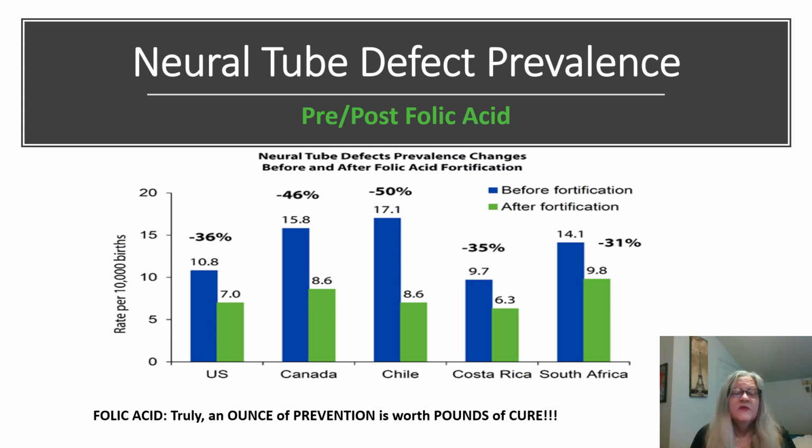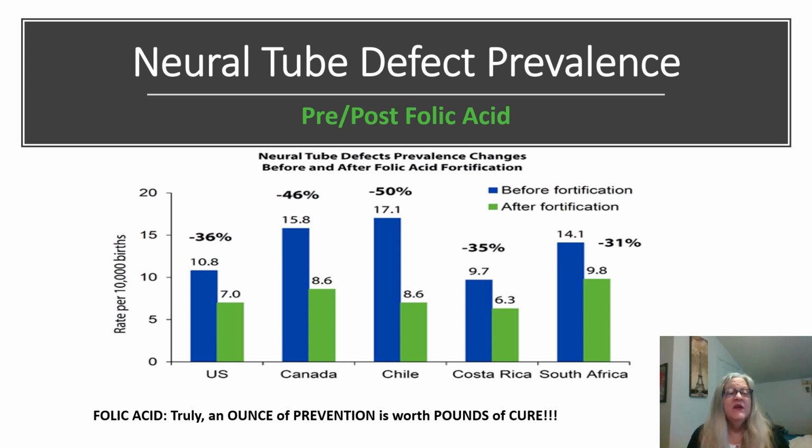This slide is from the CDC, discussing the prevalence of neural tube defects worldwide, in the US, Canada, and Chile, per rate per 10,000 births. It shows pre and post folic acid administration, so you can see the numbers there yourself. In Chile, neural tube defects went down 50% just by taking folic acid fortification